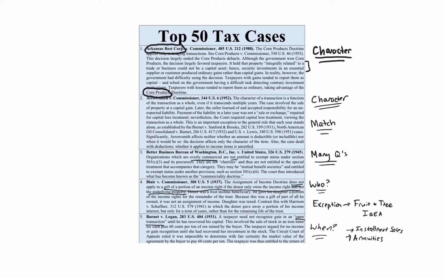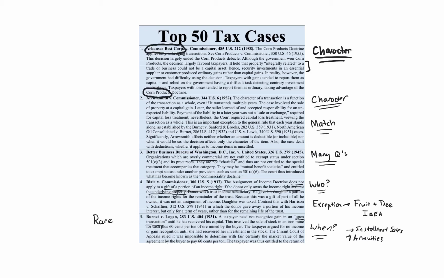So the open transaction doctrine actually allows you to do that. It's very rare. It's kind of like the exception to the general rules. Okay? And again, the idea is that you're able to basically use your basis, or it's a similar idea. You're able to use your basis in that example until it's fully recovered, in order. So that's why it's a when question, because it's when you get to use your basis, right? If it's open transaction, you get to use it all up front. And the times where this open transaction doctrine is reserved are when things are very, very vague.